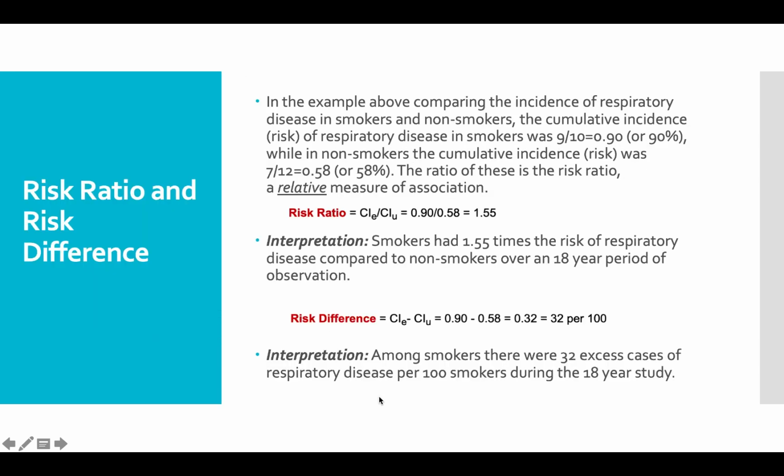Maybe we can see the cumulative incidence, the risk in the people with the exposure, and compare it with the people with non-exposure. Usually the idea is like that. So the cumulative incidence in the smokers, and then the cumulative incidence in the non-smokers, and then we have the risk ratio, which is comparing both of them. So the calculation is